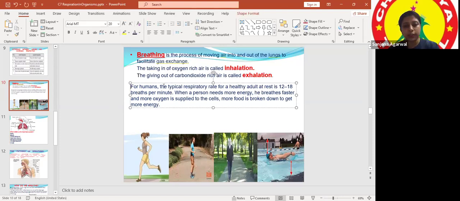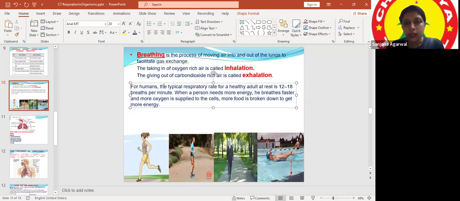You can just read that out. That normal breathing rate, the number of breaths in and out, will be counted as one breath. In plus out, one breath. And within a minute, how many times we breathe, this is the breathing rate. For an adult it is 12 to 18 breaths per minute in general. It is not fixed, so don't worry if you count it and it comes up sometimes 11, sometimes 19.